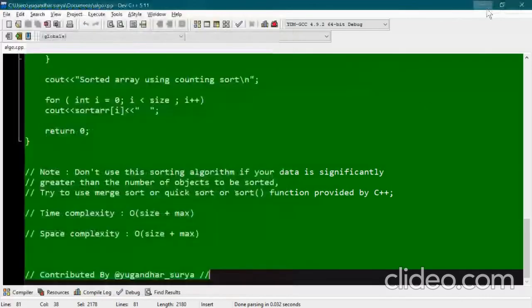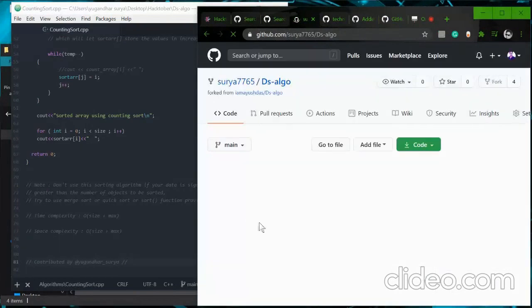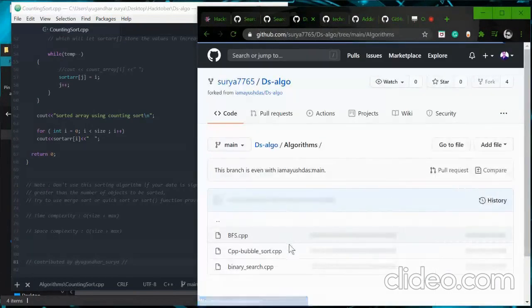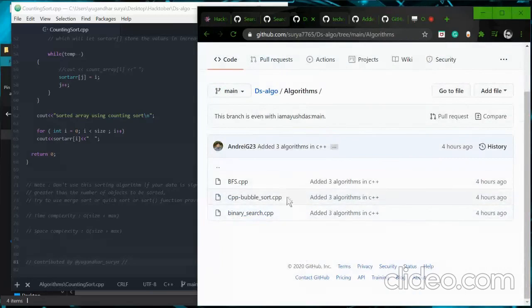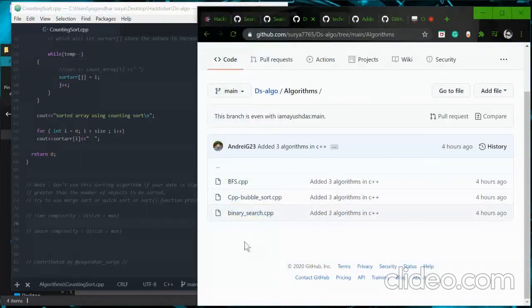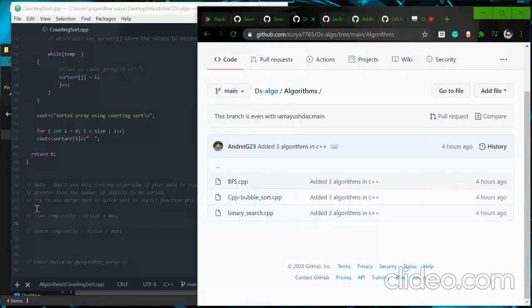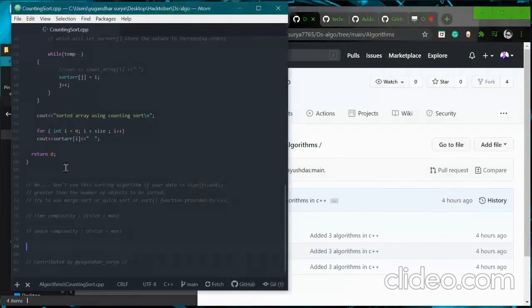But if you see here in this repo, if you want to see the changes, you can just go to the algorithms, and you can see here no changes made. So why are these changes not here? Because I have already added it, right? The thing is, it is stored locally on your computer. So whatever changes you make, you have no direct access to this GitHub repo from this Atom.